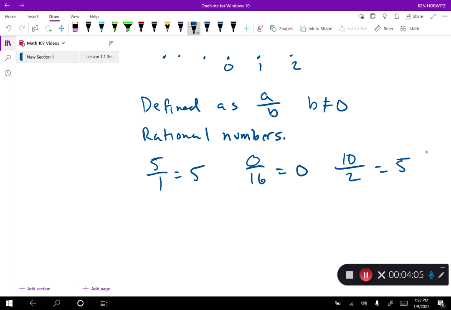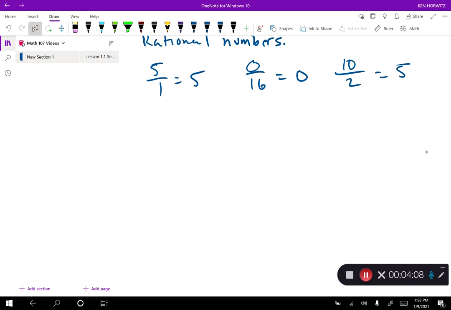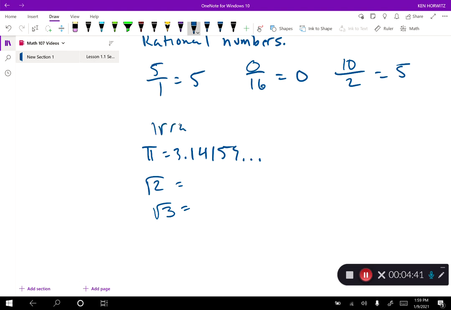Now, there are some numbers that have decimals that don't repeat or terminate. All right? The most common one people think of is pi, 3.14159 ... right? And it goes on and on and on. A couple of others I'll give you as examples. The square root of 2, the square root of 3 are all decimals that neither repeat nor terminate, all right? These decimals, right, these numbers you can't make into a fraction, so we can't call them rational. So if they're not rational numbers, they are irrational